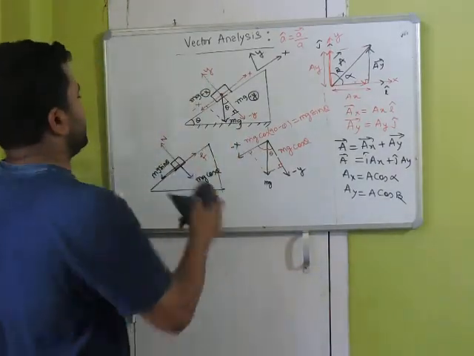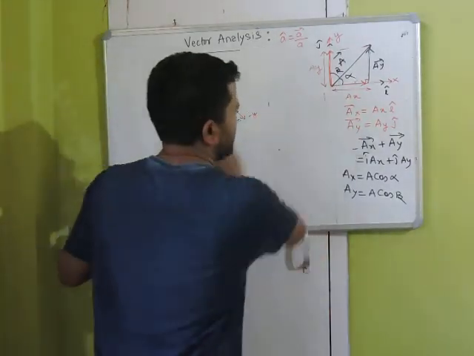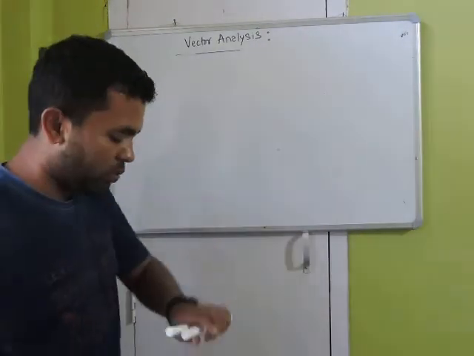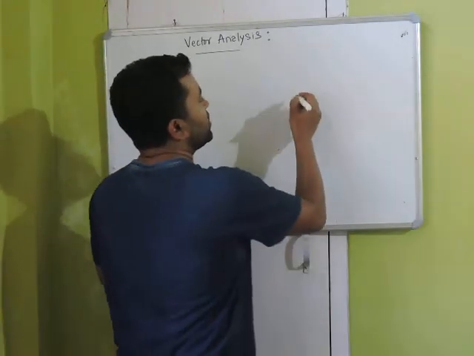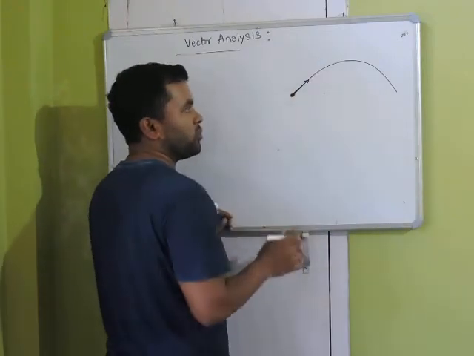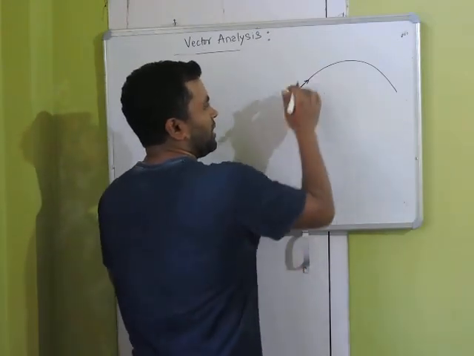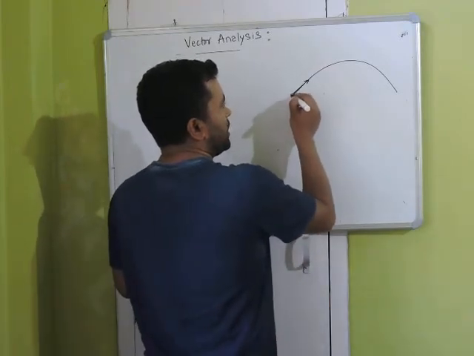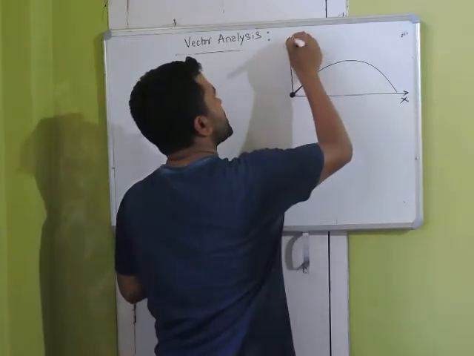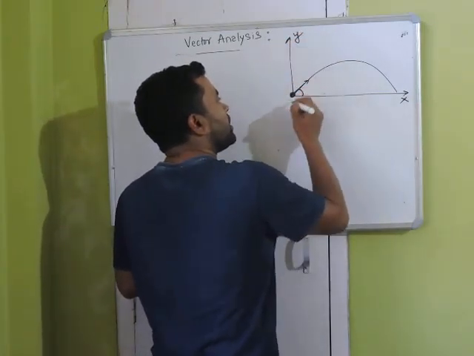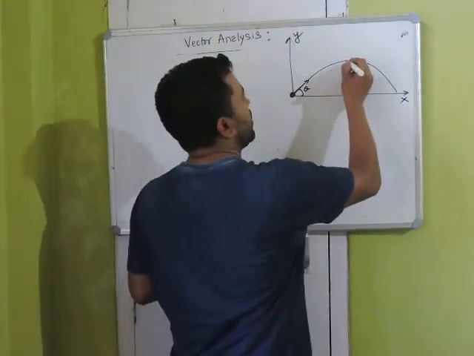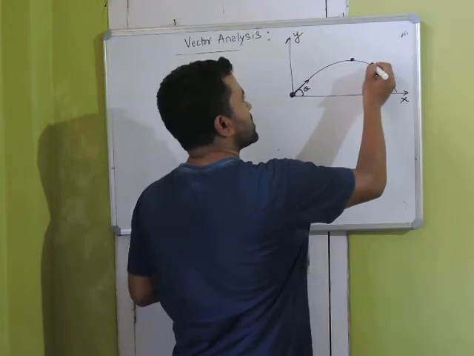Now, sometimes we talk about position vector also. One more example let me take. Suppose you kick a football and it goes something like this. This is called projectile motion. Now let us learn qualitatively about it. So you kick the football from here. I am drawing this my x-axis and this is my y-axis. And this is the angle theta at which you hit. Now you can see, let us say the ball goes, sometime it was here, sometime it was here.